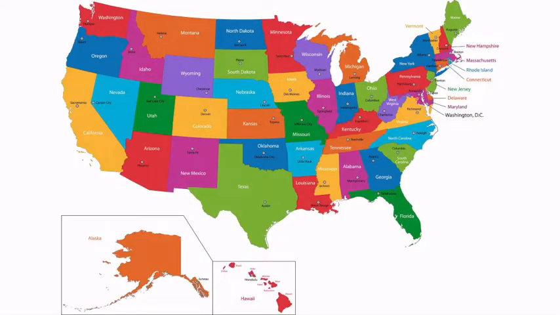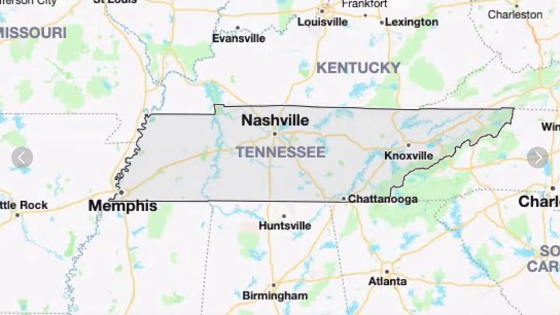So the story that we're going to read today is actually about a tornado that happened here in Tennessee. So if you'll look with me, Tennessee is right here in the middle of the United States, that orange state in the circle. And if we go to the next slide, this is where the tornado happened. That's Nashville, the capital of Tennessee. And the tornado happened in a couple of cities around Nashville, kind of in that area where the dot is.